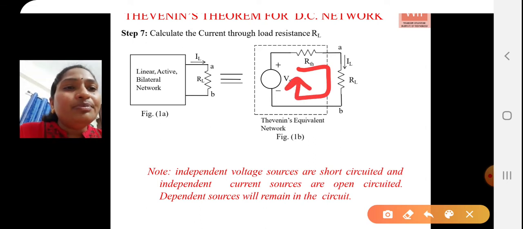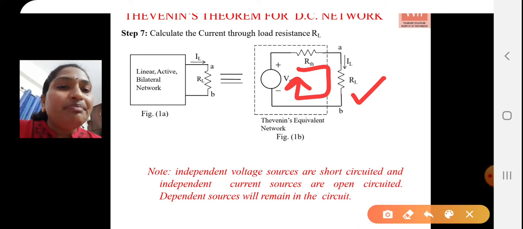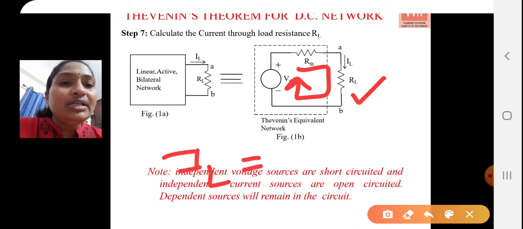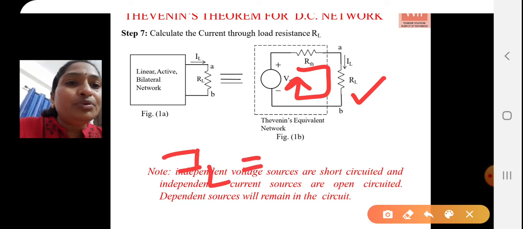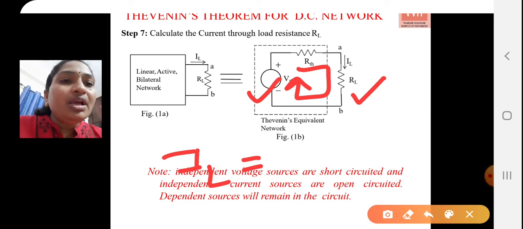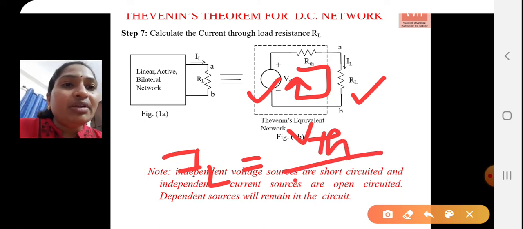Now in the single loop network, we can find out the response of this branch like IL simply, but if it is a complete network, it is difficult to find the current flowing through load resistance, since we have to follow several steps. So we can directly calculate the current flowing through load resistance as IL, which is nothing but this loop current. So here this is the source or excitation to that network. Then we can simply write down IL is total source voltage V Thevenin by R Thevenin plus RL.